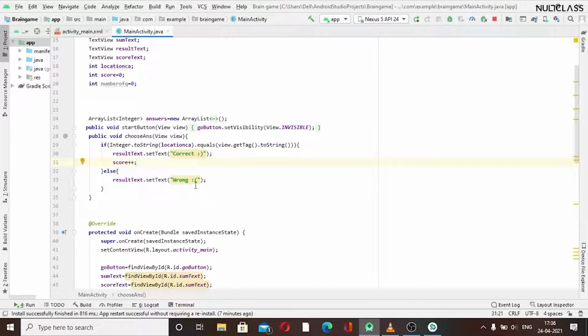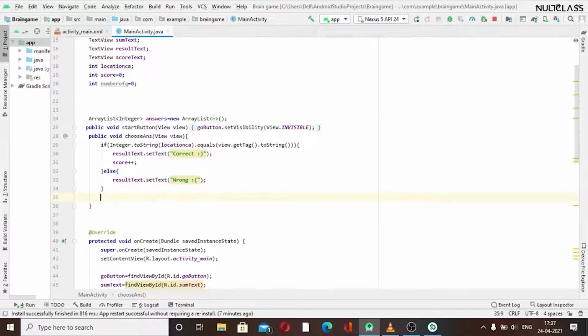Okay, if our answer is not correct, we don't have to do anything, we just have to mark the answer wrong, and this should not update the score. So we will not write anything here. So before coming out of our if block, sorry,